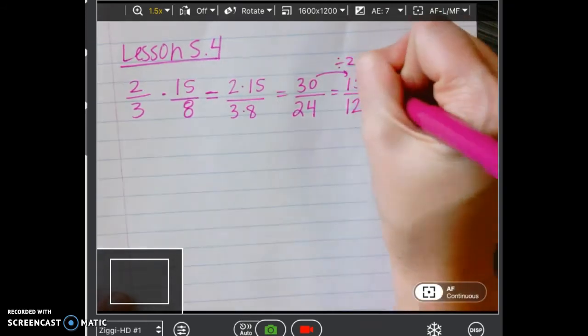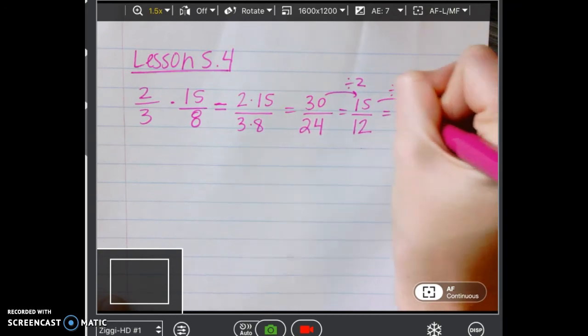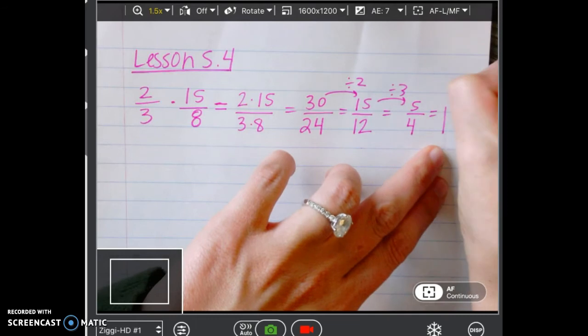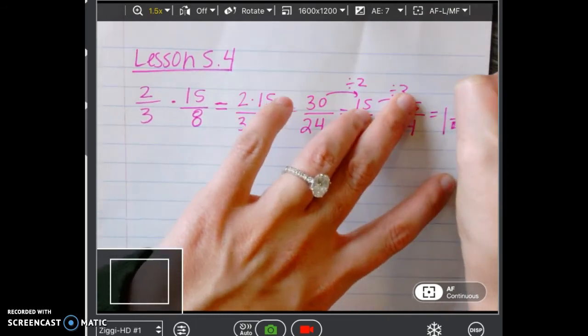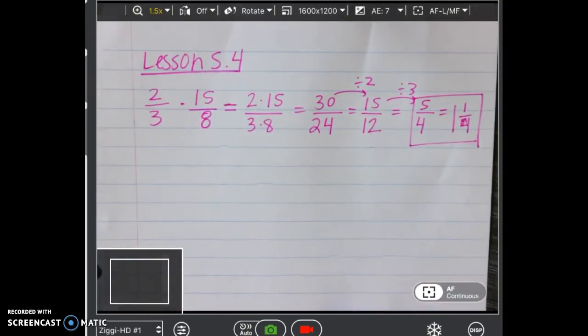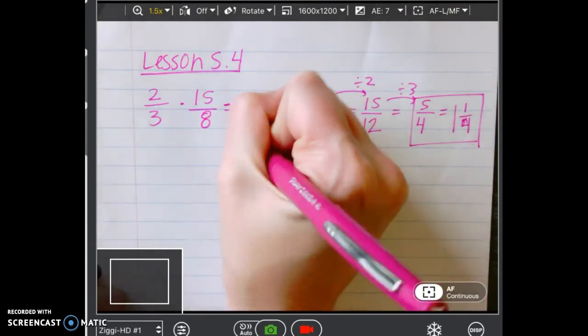15 and 12 still have a common factor of 3. So 15 divided by 3 will be 5. 12 divided by 3 is 4. So I can write my answer as 5/4 or 1 1/4. Either way works. Now, if you wanted to pause here and cross simplify, I could cross out my 3 and